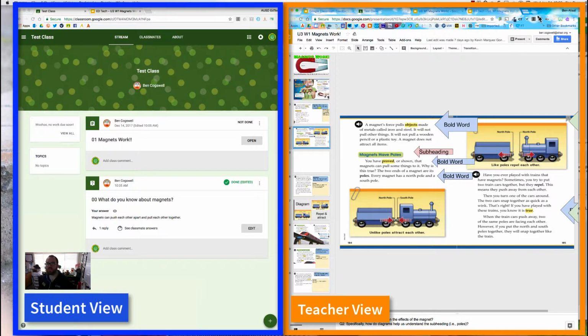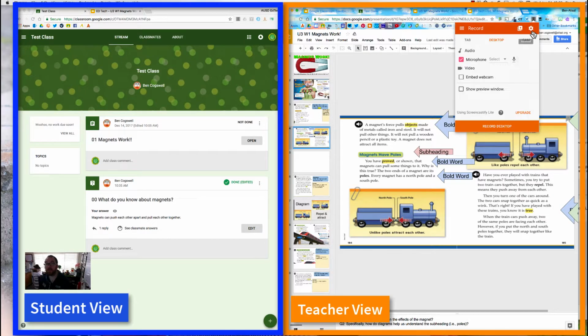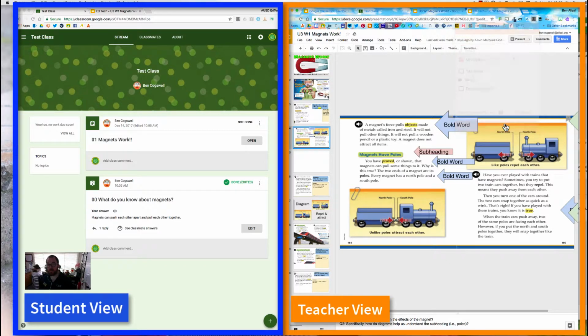So all I have to do is, now that I have this handy extension installed up here, I'm going to click on the extension, and then my microphone is working, I can choose to record the tab or the desktop. Let's go ahead, I'm going to do the tab for now, because I want to give this student a little bit of understanding of how to use this. Alright, so here I'm going to record this,